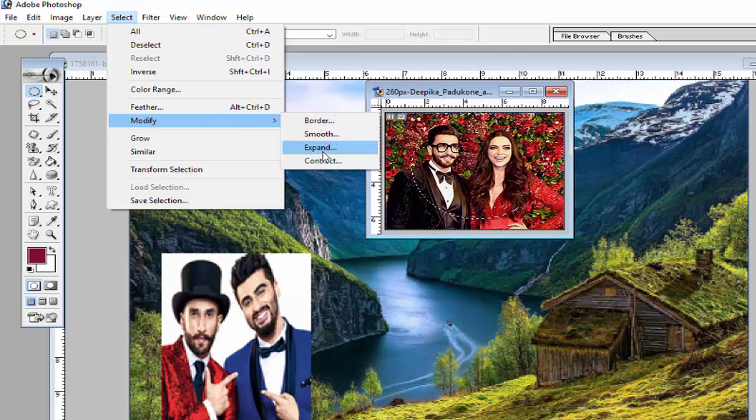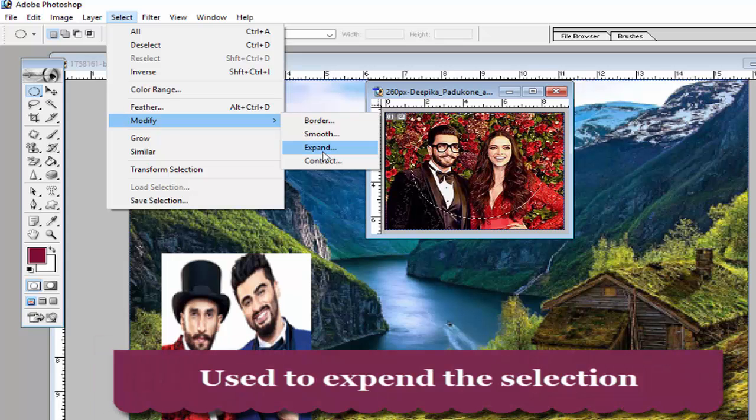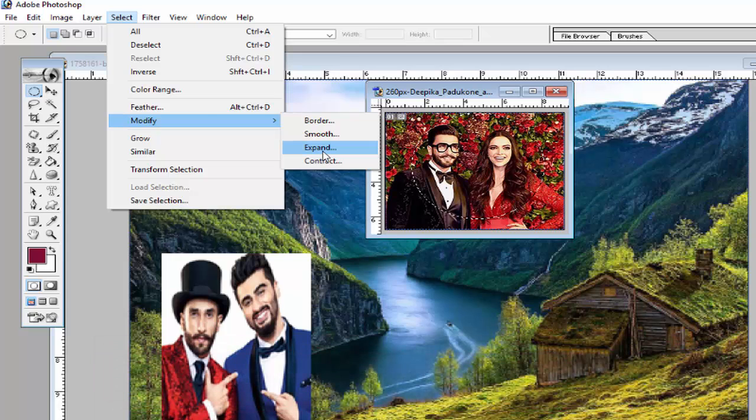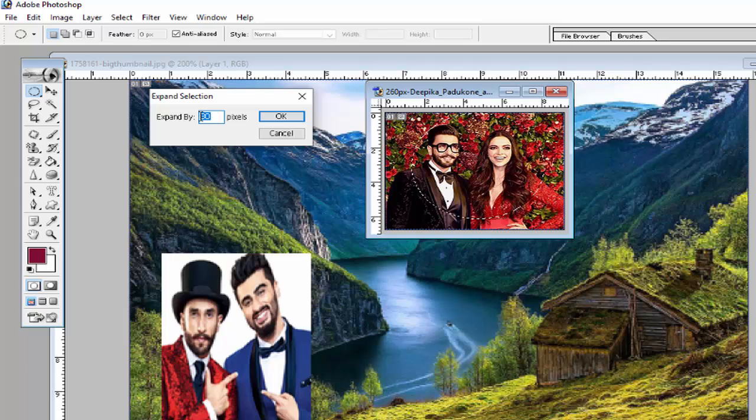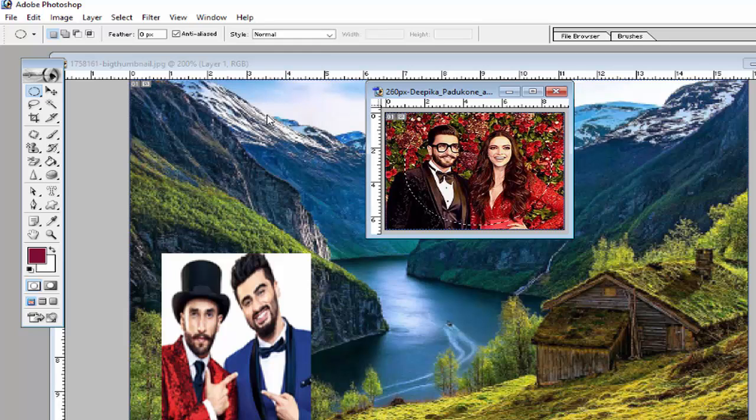If you want to expand the selection part, whatever we have already selected in this image, click on Expand and enter a value here, 10 or 20 pixels. I enter 10. Okay, you will see the selection which is already selected will be expanded by this option.